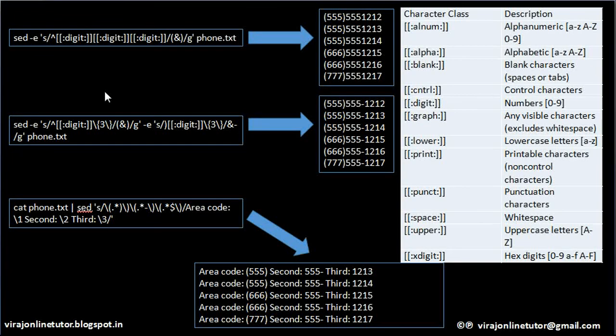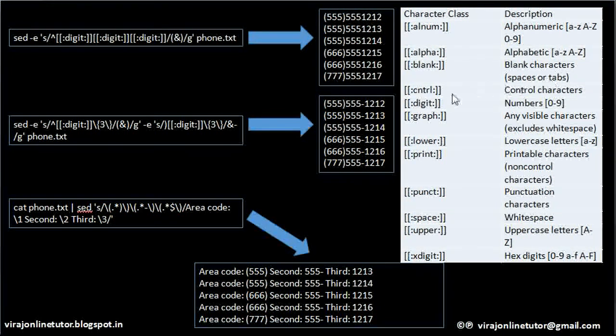Before moving on to more examples, this digit, when I say it, is part of these character classes. So we can use these character classes which are inbuilt in sed. Alnum means alphanumeric. It will match anything which is alphanumeric, that is small a to z or capital A to Z or 0 to 9. So this belongs to alpha, this belongs to numeric. Alpha means alphabetics, which can be either small a to z or capital A to Z.